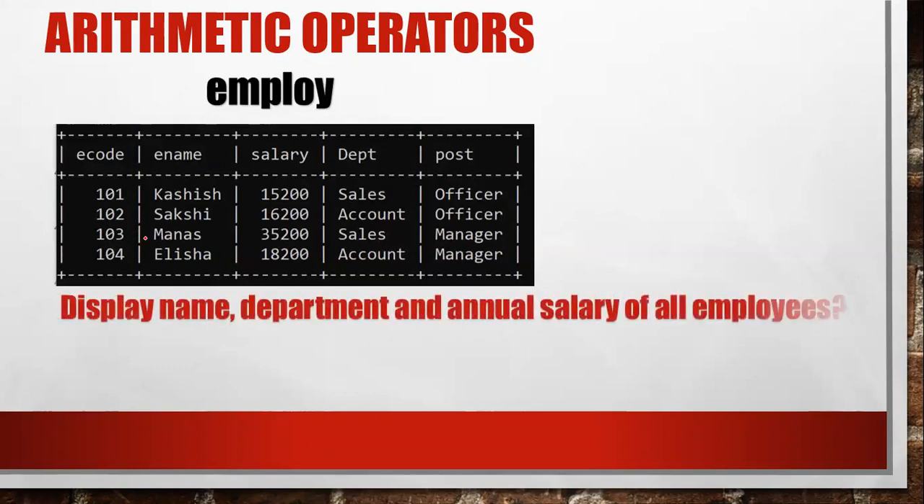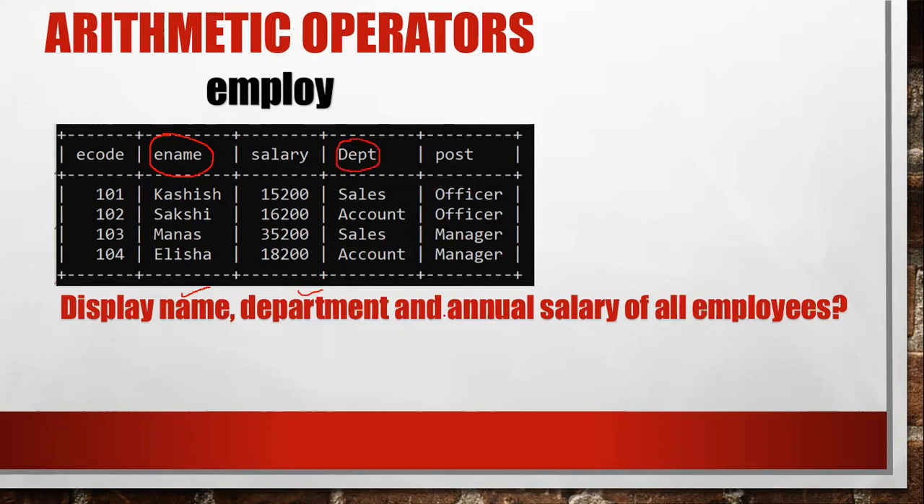Suppose we have to perform this query. The query is: display name, department and annual salary of all employees. Okay, so if we want to execute this query according to this question, so over here it is written to display name. Okay, for name, ename is given over here. Okay, then the second data which we want to display is department. Okay, and for department DEPT is there,